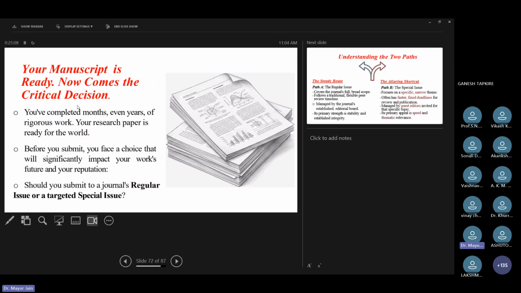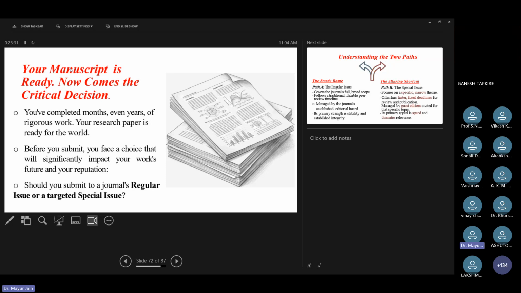Now the last thing that I am going to cover is whether your manuscript is ready, right? Now comes the critical decision. So you have completed months, even years of rigorous work. Your research paper is now ready for the world. You know that you have done a lot of work. You know that you have put a lot of novelty, new aspects within that particular area, within that particular domain,